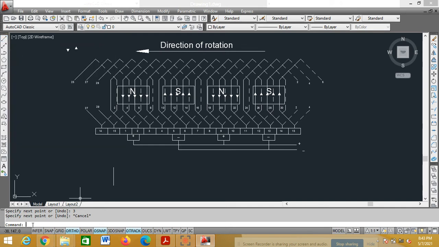Go for an array. Select objects. Enter. Rectangular array, enter. Count, enter. Number of rows, 1, enter. Columns, 31, enter.